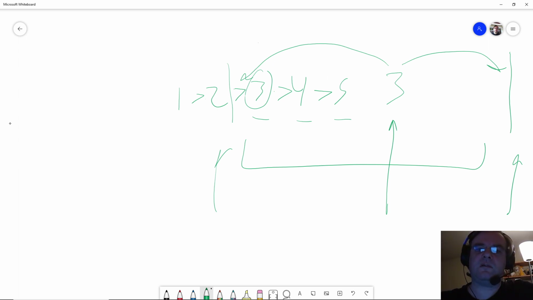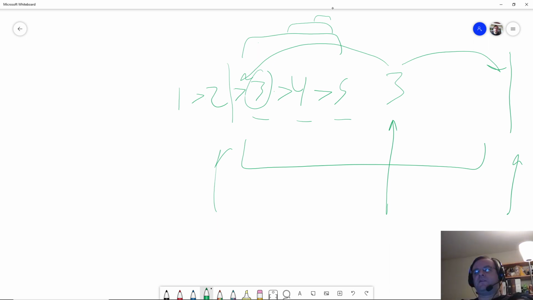Yeah, we have that, we have that, we have that. Those are all nested. I'm not sure that helps me, but this actually does form a tree structure.